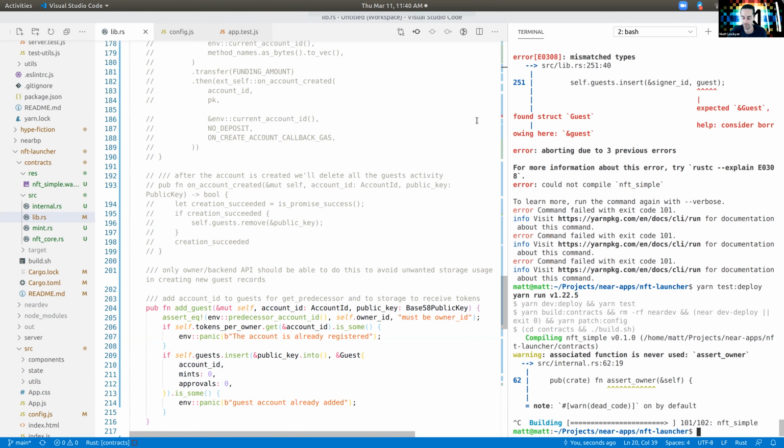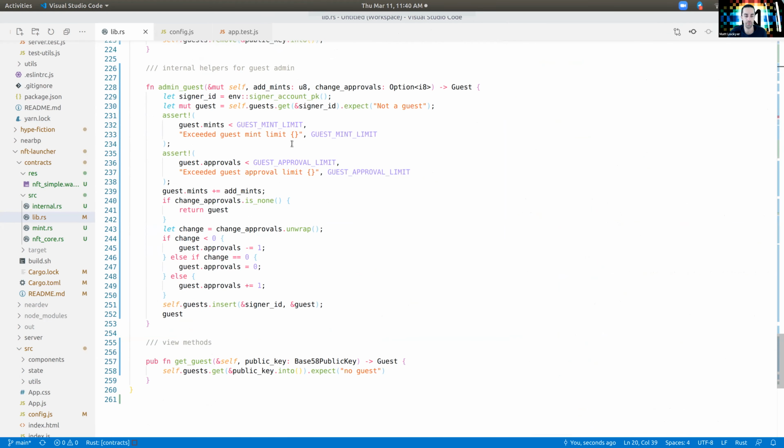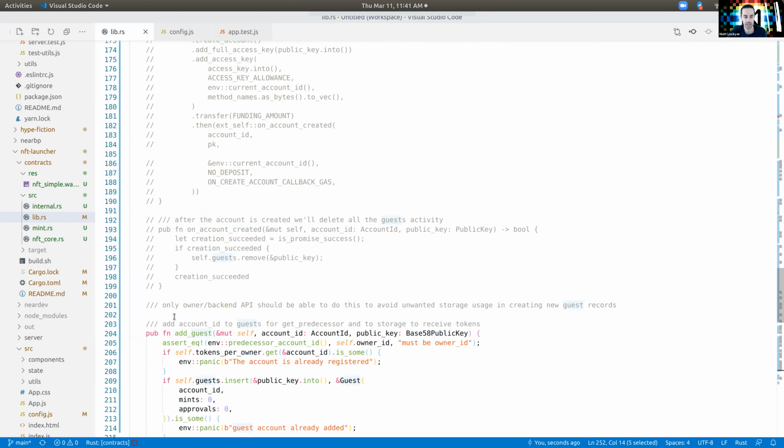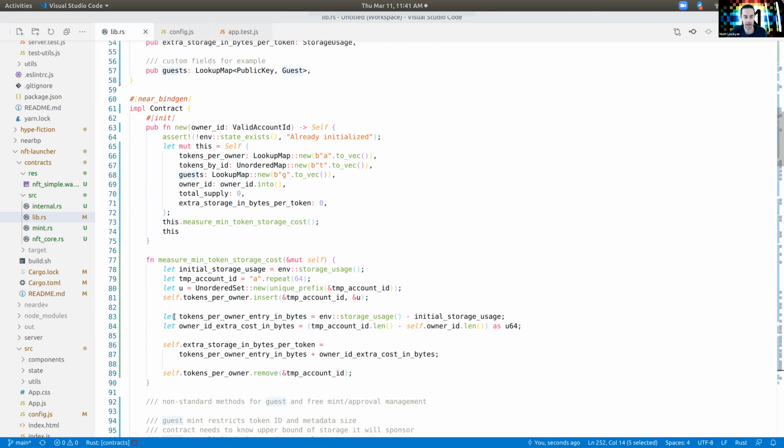So anyway, back to admin guest. So basically just check the limitations on a per guest basis, do all of what I would call the guest accounting work, and then update it, of course, which was the step that I was missing, and then return the guest. So each function that is a guest function can now simply